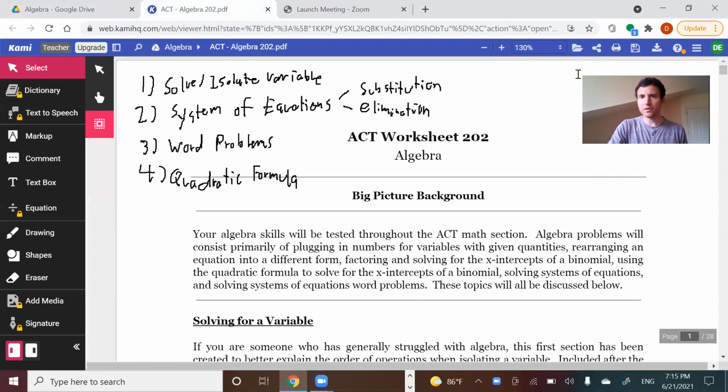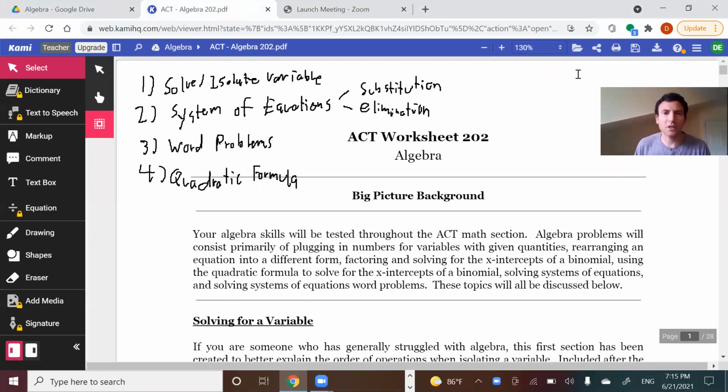Okay, so welcome. We're going over ACT Worksheet 202 Algebra. Algebra is an essential part of the math section of the ACT. There are ways to figure out problems if you're uncertain in certain areas with your algebra, but for the most part, even with the calculator, you really need to be solid on the four things I have in